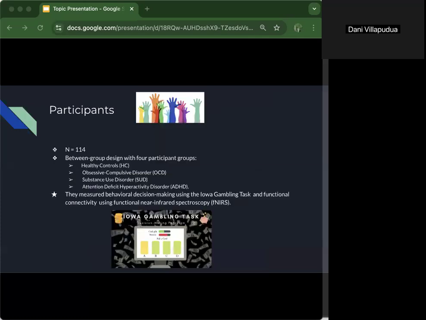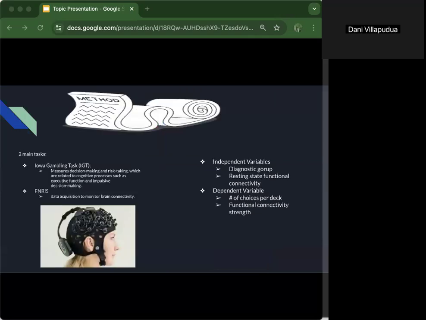So a total of 114 participants were split into healthy controls, OCD, and ADHD groups. They completed clinical interviews, rating scales, but more importantly, two main tasks. The Iowa Gambling Task, IGT, to measure decision making, and the fNIRS to track brain connectivity. So the Iowa Gambling Task involves picking from 4 decks of cards to maximize profit, with each deck having different reward and punishment patterns. This study explored how diagnostic groups and resting state functional activity affect decision-making and cognitive processes in